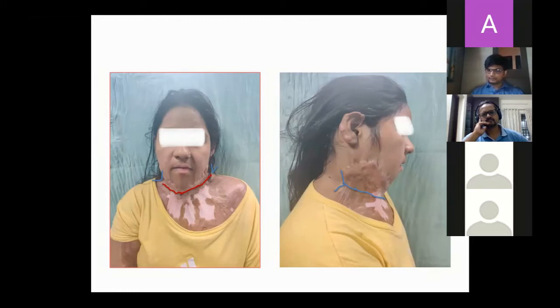Aesthetically, there are two points. One is functionally releasing the contracture, making her see and look better, and to have a straightforward gaze.